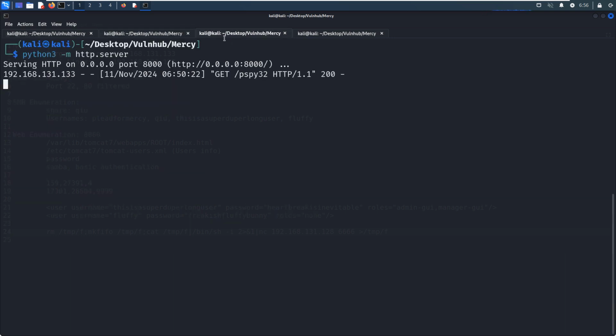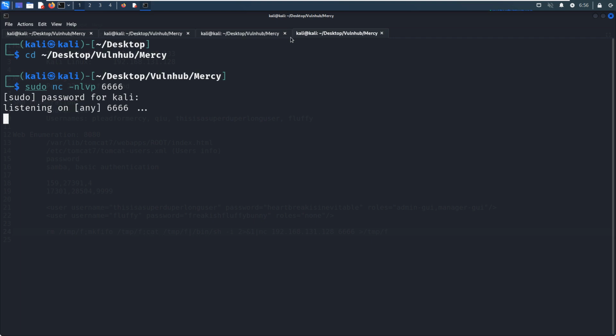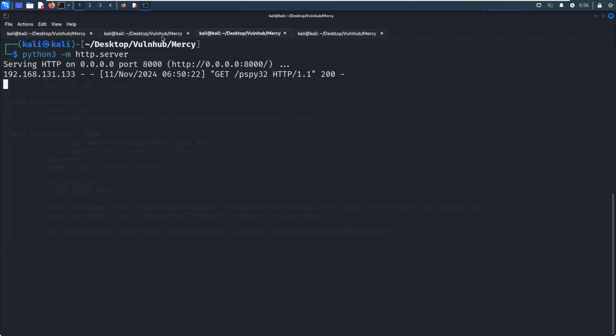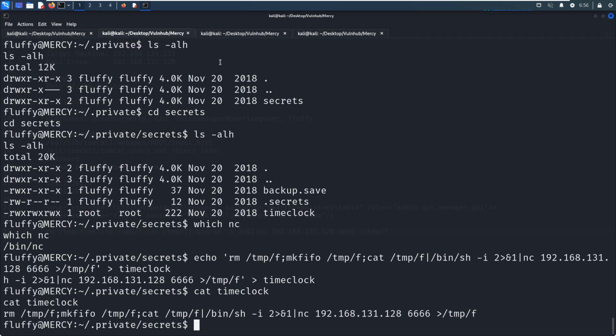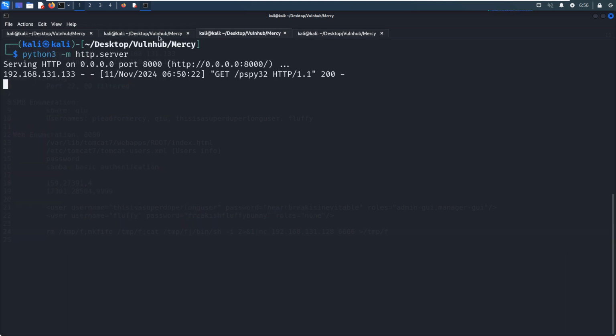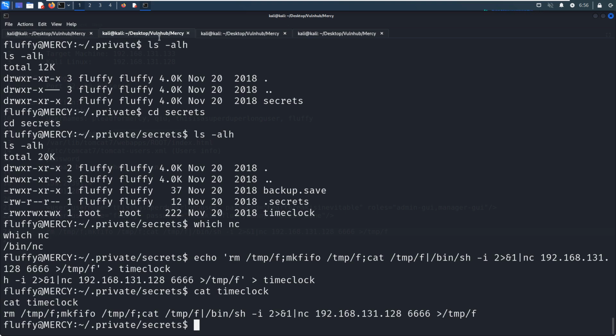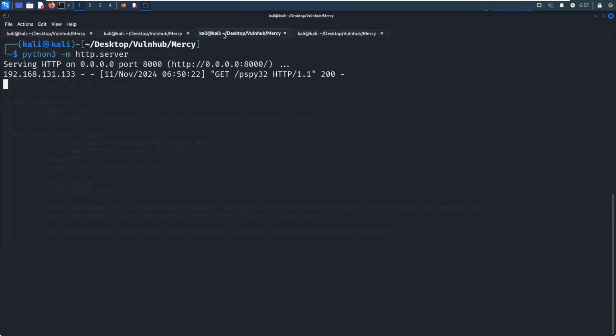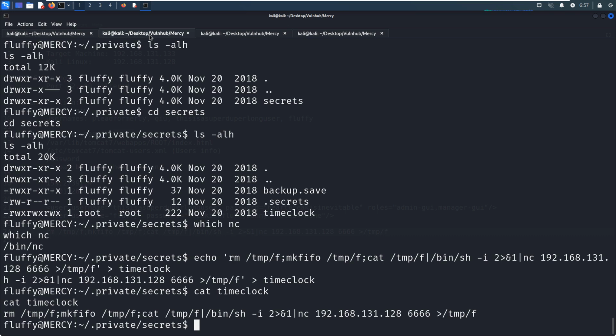When we try to elevate privilege, the PSPY utility is essential too. So how long would I have to wait for the new connection? It should be working.